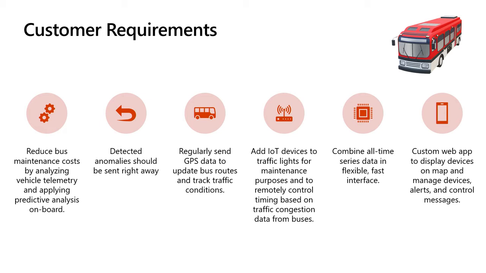And another one is they want to add IoT devices to the lights themselves so that they can update the traffic lights and gather data from the traffic lights as well. Now, all this data runs through a time series, right? So they want to know at 8 a.m., 10 a.m., 12 p.m., what the traffic congestion would look like. Are the traffic lights performing perfectly, right? What's the driver performance like? What's the driver driving behavior? So they want to analyze this over a period of time.